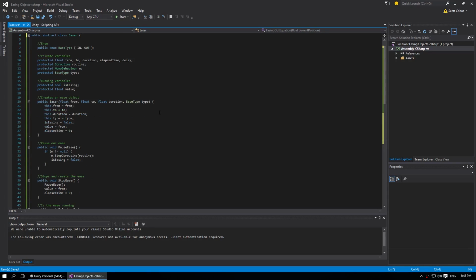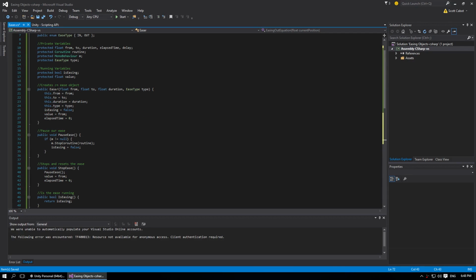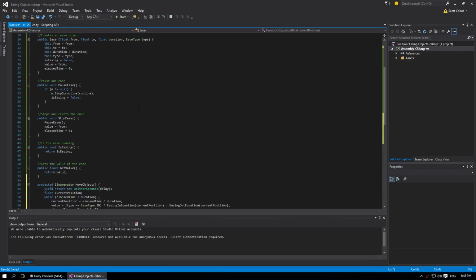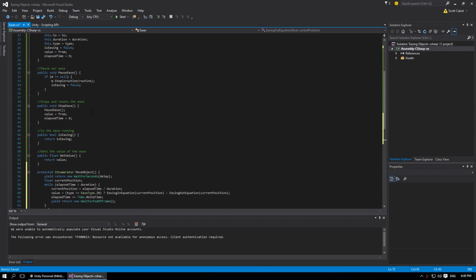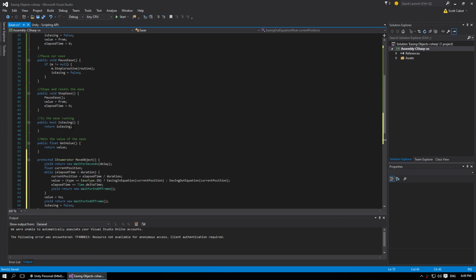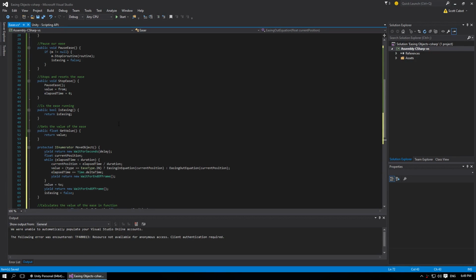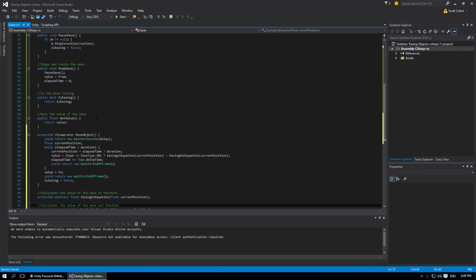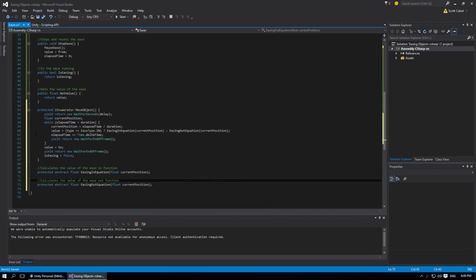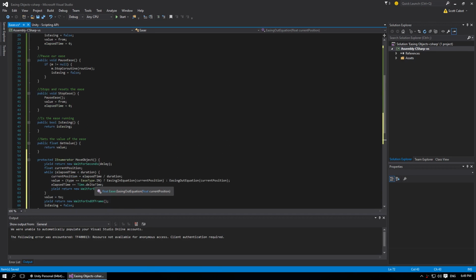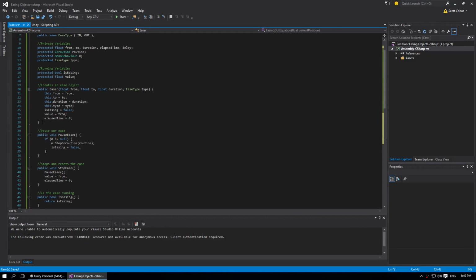You can see here we've got the ability to create an ease, move from a value to a value over a specific time in a specific direction. We can pause that, so if we need to pause it but then rerun it from its current position, we can do that. We can completely reset the ease if we have to. I can check whether or not the ease is running. I can get the value of the ease. I can move the object, and then I have to implement some extra functionality,